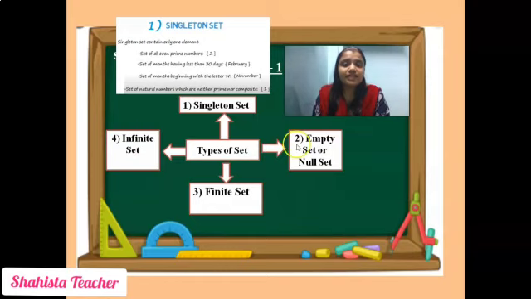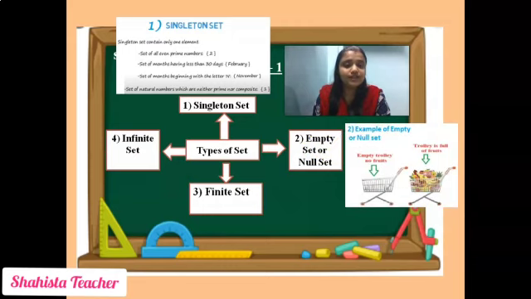Now we will see the second set, that is empty set or null set. Students, here I am going to show you one image. Observe that image carefully. See here, there are 2 trolleys. One trolley carries fruits, in the other trolley there is no fruit, it is empty. The first trolley is empty and the second trolley carries lots of fruit. Full trolley is covered with fruits. That means this first trolley is empty, that means this is an empty set.